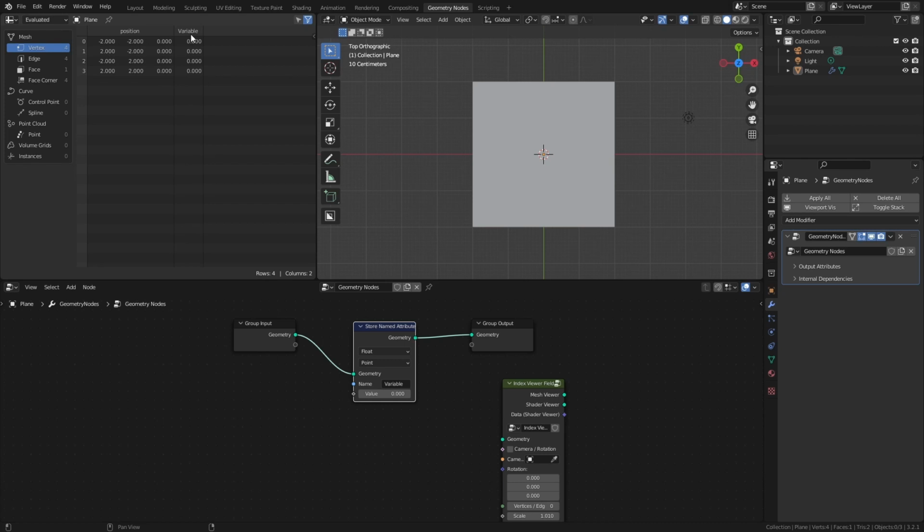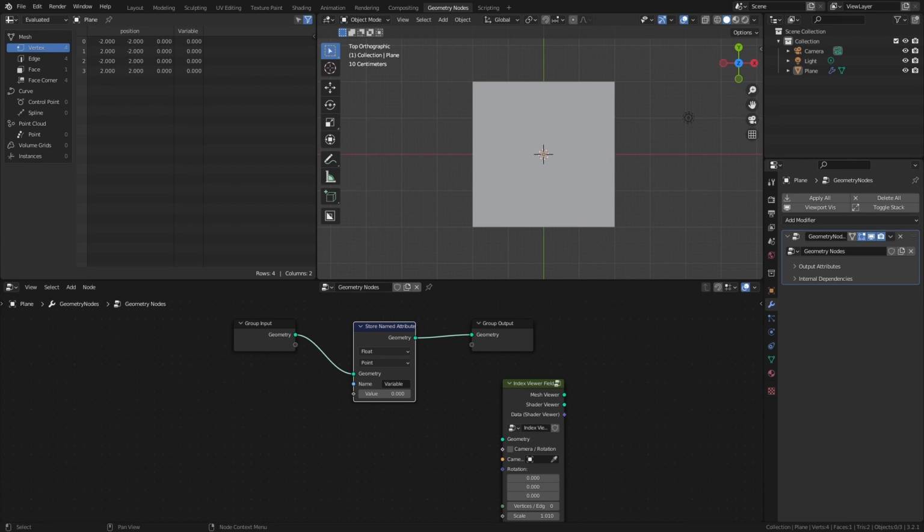You'll notice it's appeared in the spreadsheet, and right now it has a default value of 0. And I could assign this a very specific value. I could do it on the basis of the index, I could do it on the basis of the position, or some other form of imported data. For now, we're going to transfer over to the graphene file, and we're going to use custom variables to control